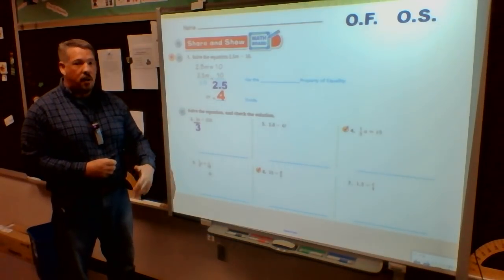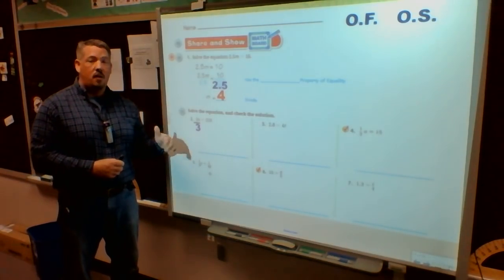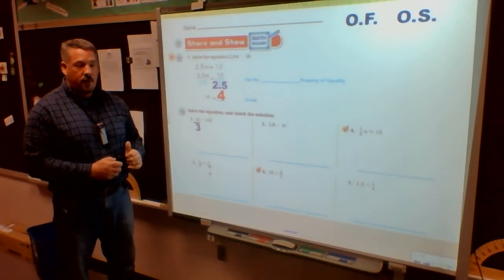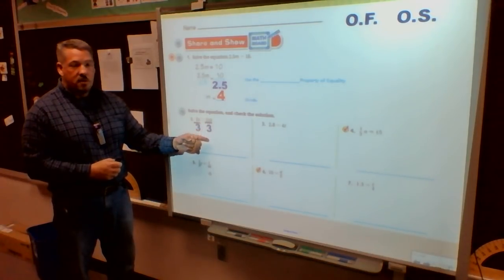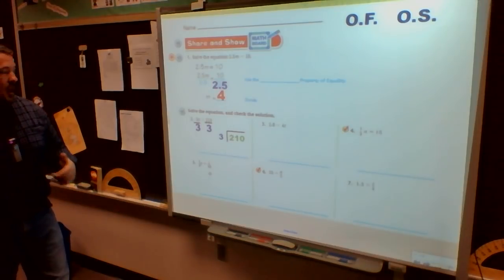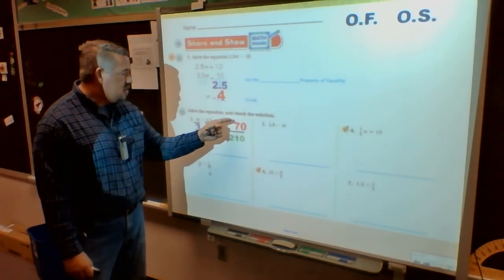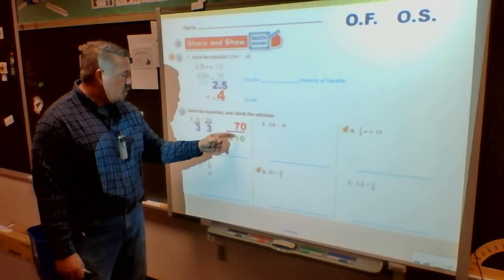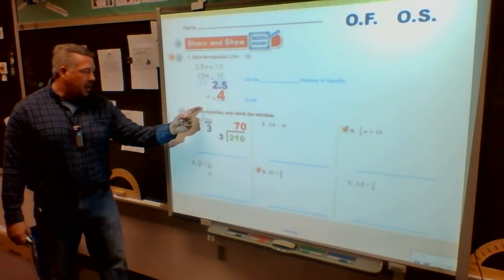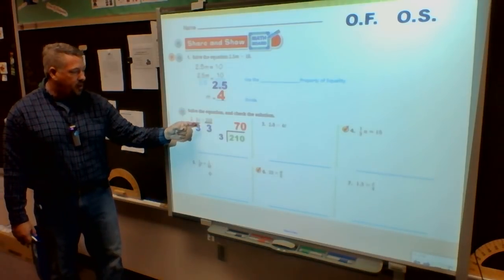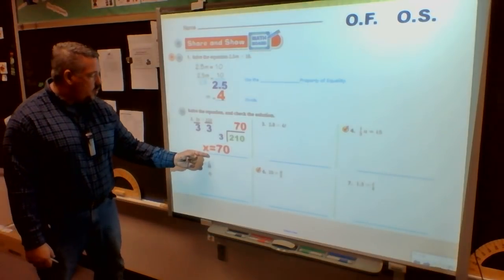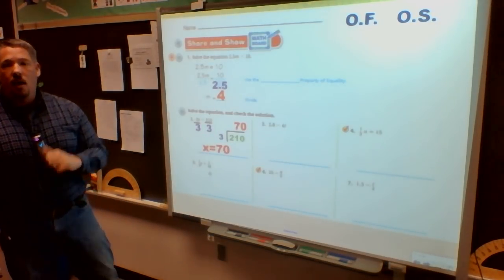That would cancel it out. It would become 1. Identity property, I'll keep the 1 because it doesn't change x. So I'm just getting x by itself. Opposite side, 210 divided by 3. I write my division box, 210 divided by 3, type it into my handy calculator, and I see that it is equal to 70. So 3 goes in 21 7 times, 3 goes in 0 0 times. It is indeed 70. I can plug it in where the x is and take 3 times 70. I get 210 and check my work. I know that's the answer. So x is equal to 70, and I'm done.